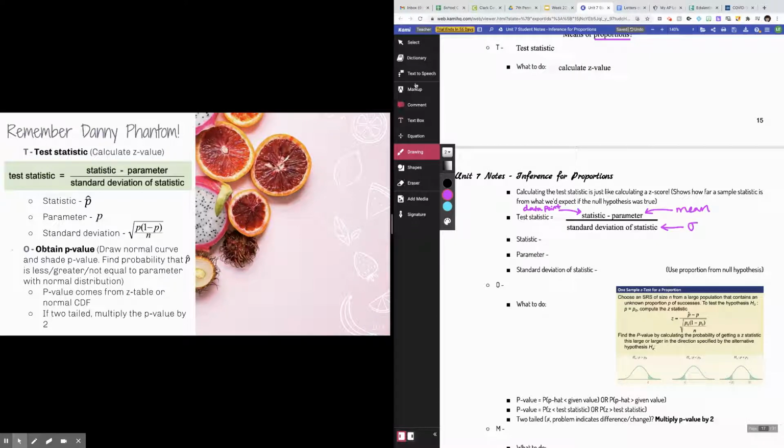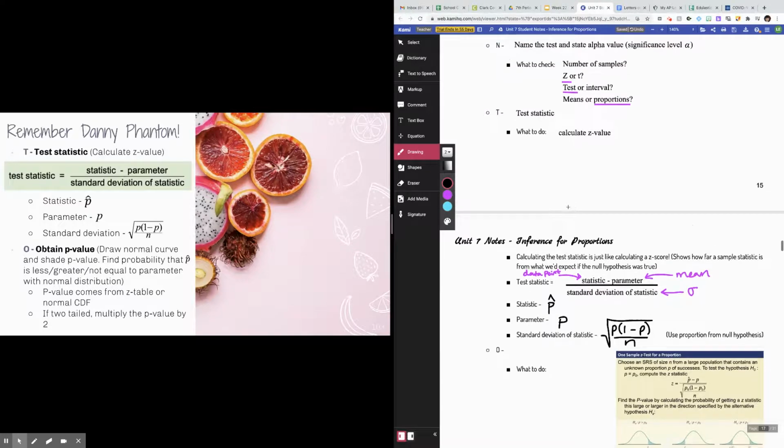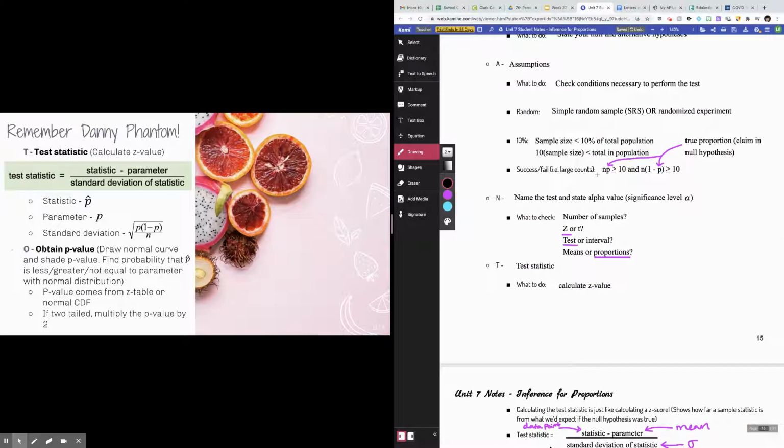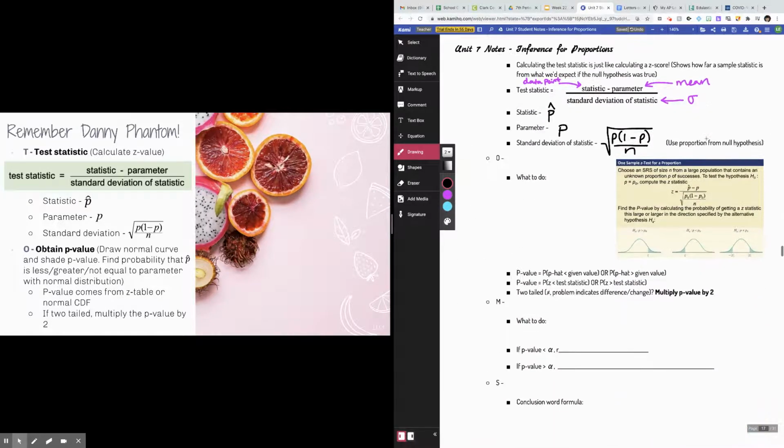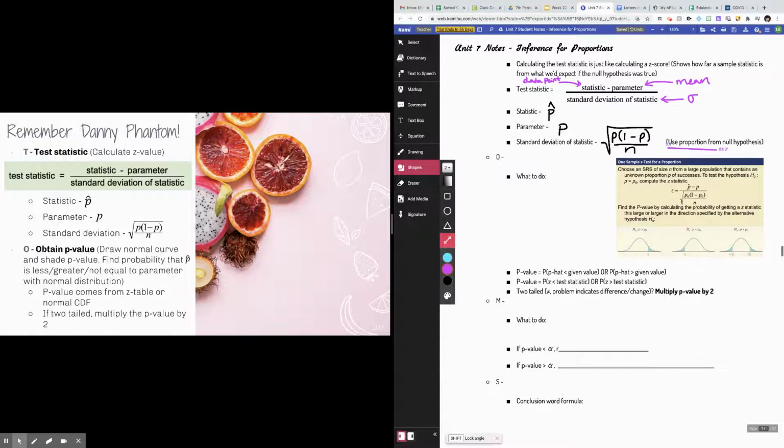All right. Now, with proportions, your statistic is your sample proportion, so p hat, your parameter is your true proportion, p, and your standard deviation is this formula that I'm hoping, now that you've seen it both in Unit 6 and with confidence intervals, is looking pretty familiar to you. So p times 1 minus p divided by n, all under the square root. Okay, very similar to the differences that you see up here with the assumptions, where you're going to use your true proportion, or the claim at what your true proportion is. You're going to do the exact same thing